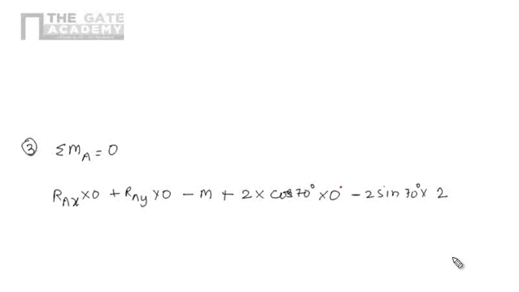Similarly, due to the 1.2 kilonewton force, there will be 2 components: 1.2 cos 36.87, and the perpendicular distance between these two is 0.3. And if we see the nature of this moment, it will be in anti-clockwise direction, so it is negative. Similarly, for the other component, that is 1.2 sin 36.87, the perpendicular distance is 1.5 and the nature is in clockwise direction, so it is positive.